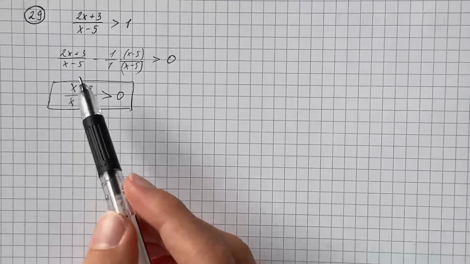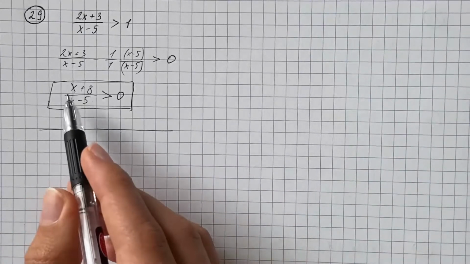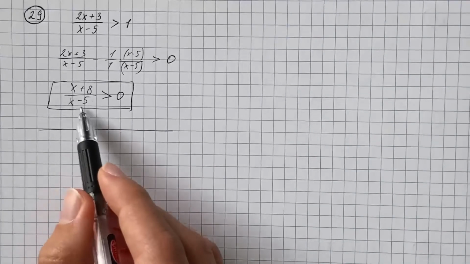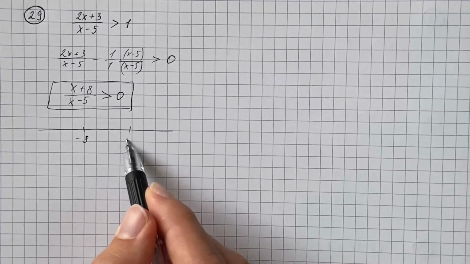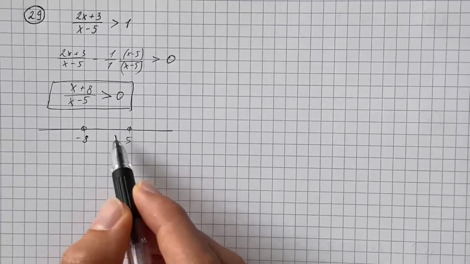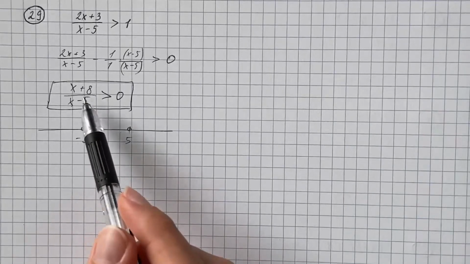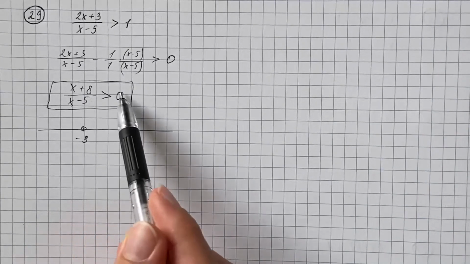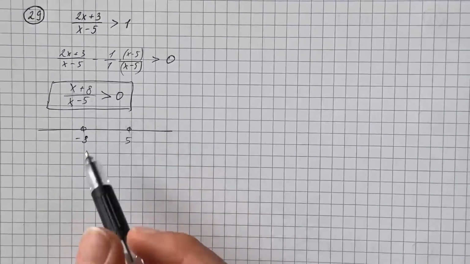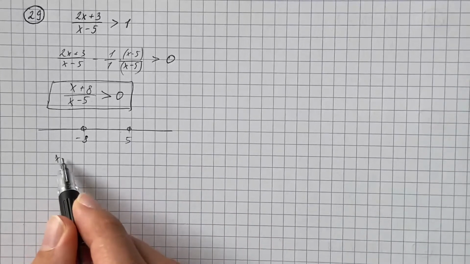So now we set the numerator and denominator equal to 0. If we set x plus 8 equal to 0, we get negative 8, and from the denominator we get that x equals 5. So we put open circles because none of these values satisfy the solution. If we substitute negative 8, we get 0, which is not greater than 0, and if we use 5, then we get an undefined answer. So now we're going to check each interval, and we're going to start with x equals